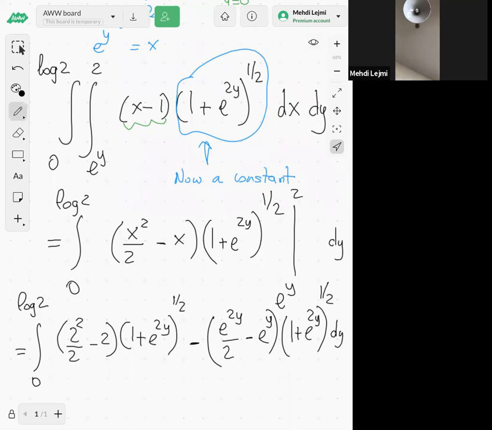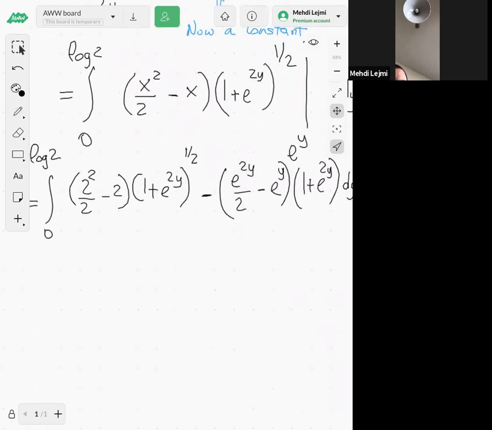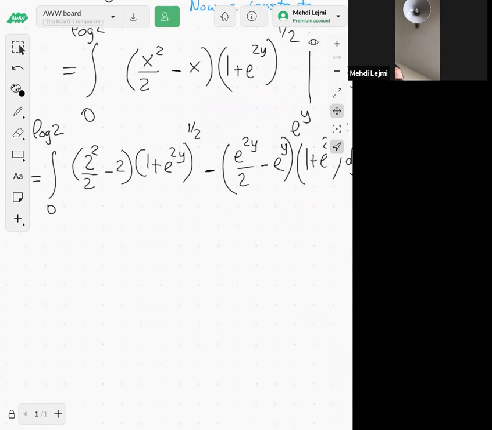All right. So now, that will be equal to 2. So here's 0 to log of 2. 2 minus 2, that will be 0. And you see here, guys, the magic here, this is 0. So you got rid of this 1 plus e to the 2y to the power half. Otherwise, there'd be no way to integrate, I mean, using elementary functions, of course. 2 squared over 2 minus 2, that's just 0. That's very good news, because now we have,